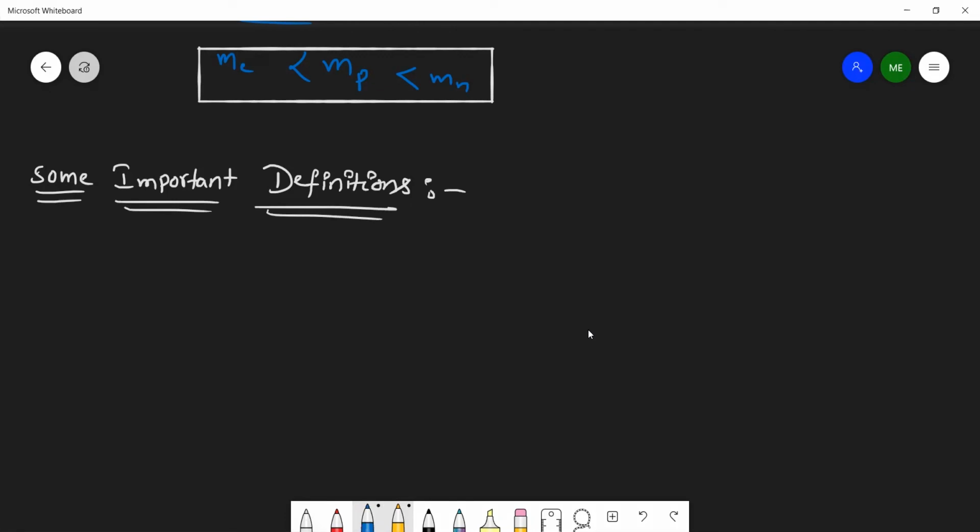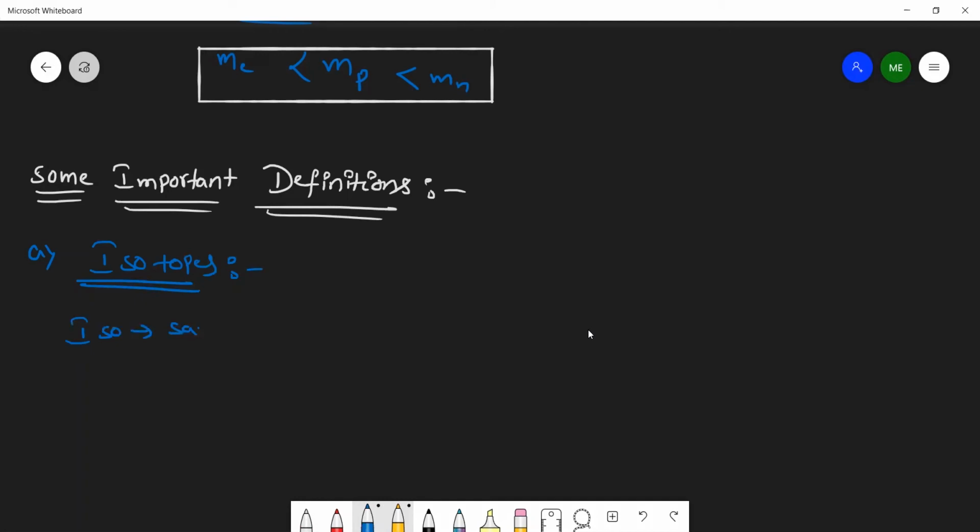First one, isotopes. Iso means same. What are isotopes? Elements having the same atomic number